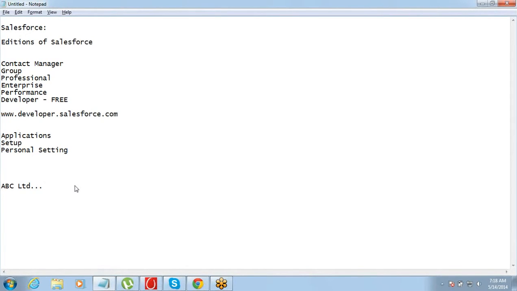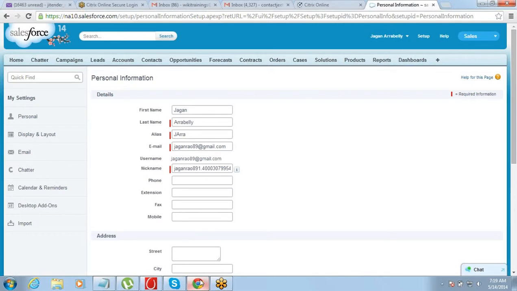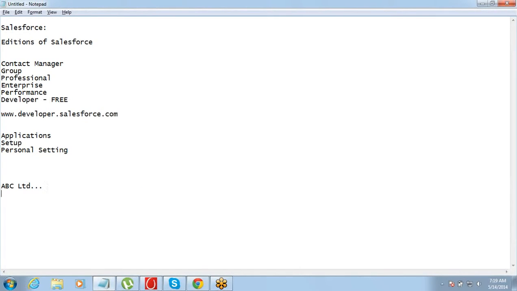So the first thing that they do is they approach Salesforce and they get their login ID password. So you got the login ID password, right? So how it works, I'll tell you. This company might have 10-20 users. Let's say this company has 20 users, so they have applied for 20 licenses. So Salesforce.com will do what? They will create one login ID and password and give it to this company.